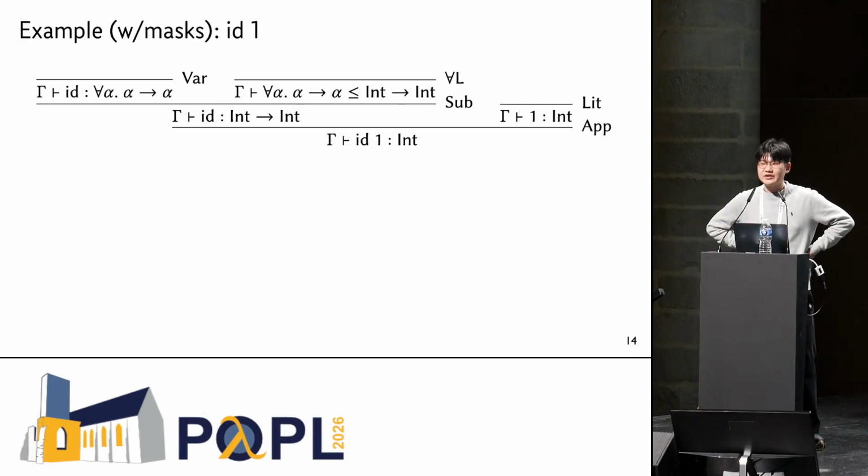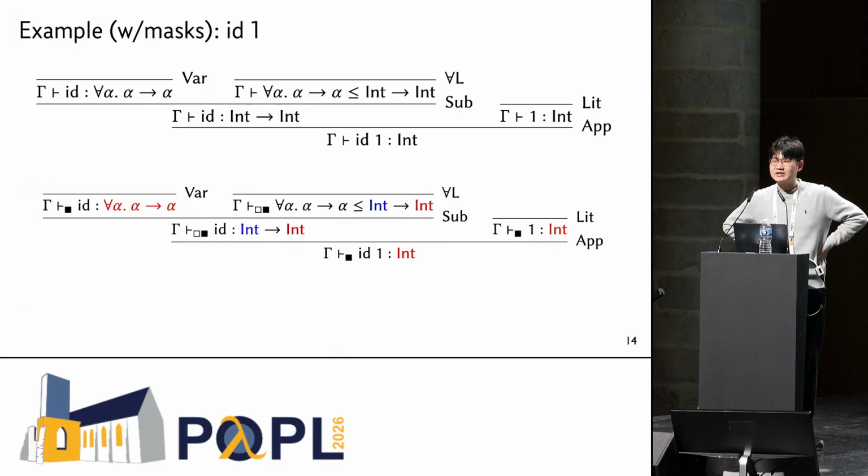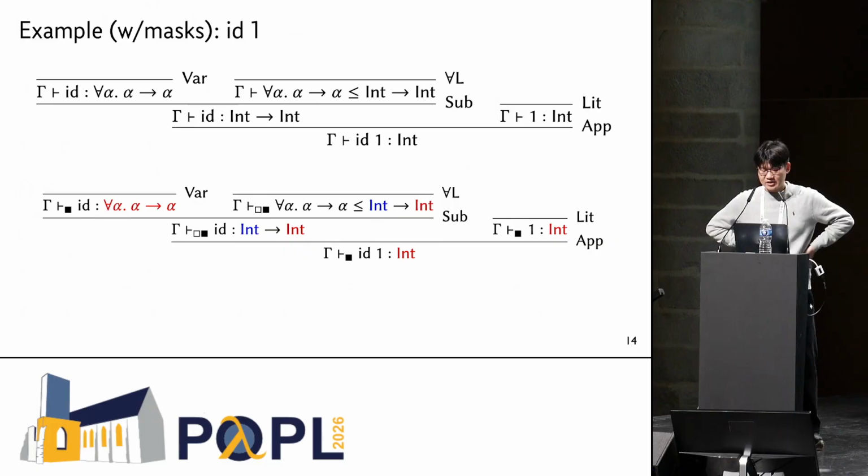Remember, since we are using the contextual typing ideas, this is only the hypothetical rules. Our typing derivation is just slightly different because we have the masks to decorate as the contextual information. We first start with the opaque one, since we know nothing, and then we analyze the argument. The argument infers some information. This information will be propagated to the ID, and the function ID is aware of more contextual information, which is blue color int here. Then this information is further being passed to the subtyping and will be utilized by the